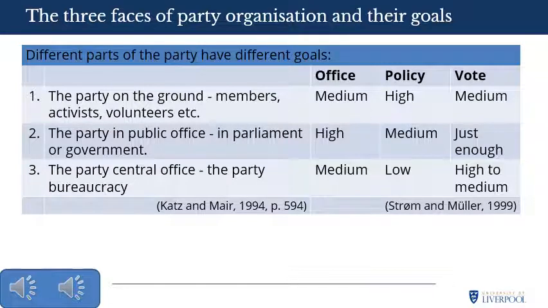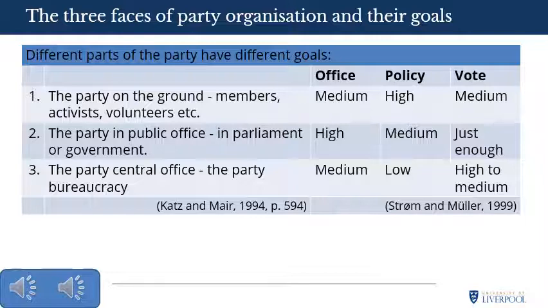This definition of the three faces of party organisation allows us to use the concept of party in a more analytically useful way than just looking at the national legislature. So, for example, in the UK context, we can talk about Sinn Féin as a party in the electorate and as a party as organisation, even when we can't really talk about them as a party in office from a Westminster perspective, at least. And so we've seen that parties are not homogeneous blobs, but rather are made up of subunits, which do not necessarily exist in harmony. Although, in theory, all aspects of the party want to win elections, the approach taken to this, and also the level of compromise willing to be made, or the prioritisation, varies.